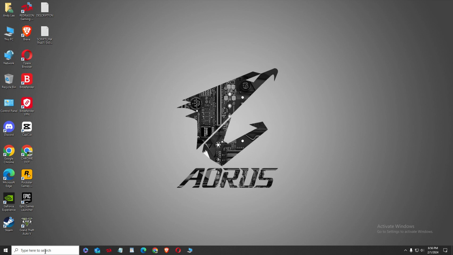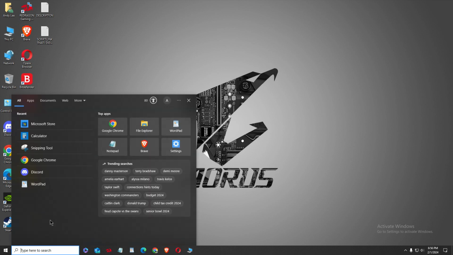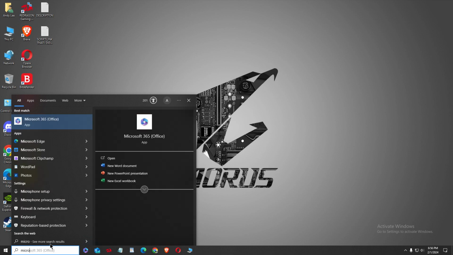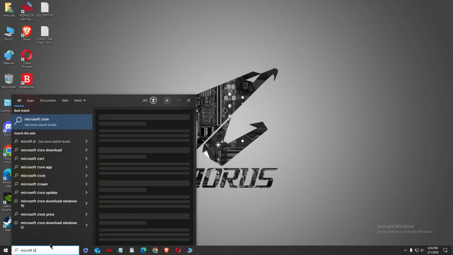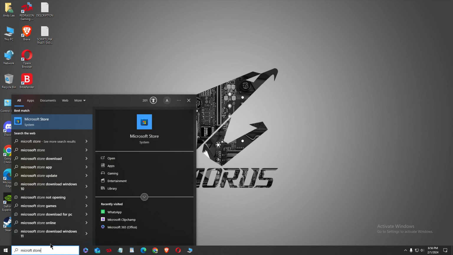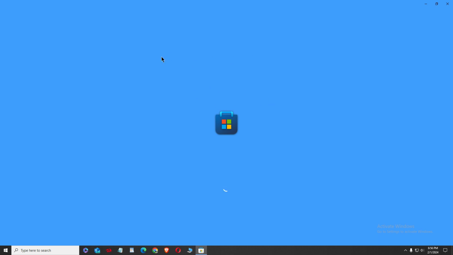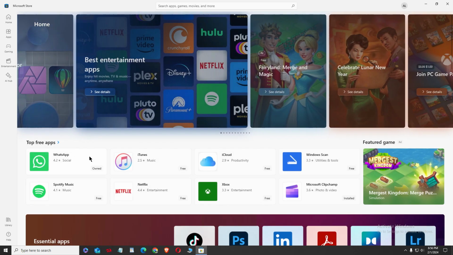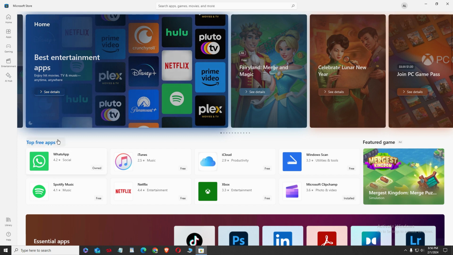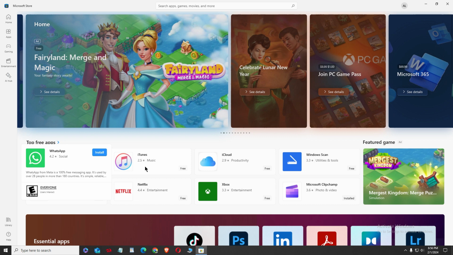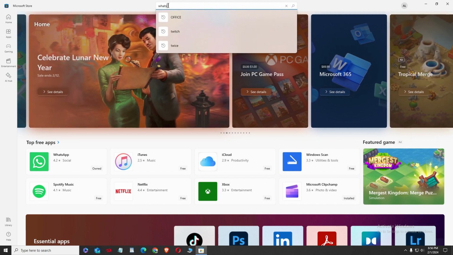So first of all, open up the search bar, then simply type here Microsoft Store. Open up Microsoft Store, and after that, as you can see, in top free apps there will be WhatsApp. Otherwise, if you don't get this app, just simply search here WhatsApp